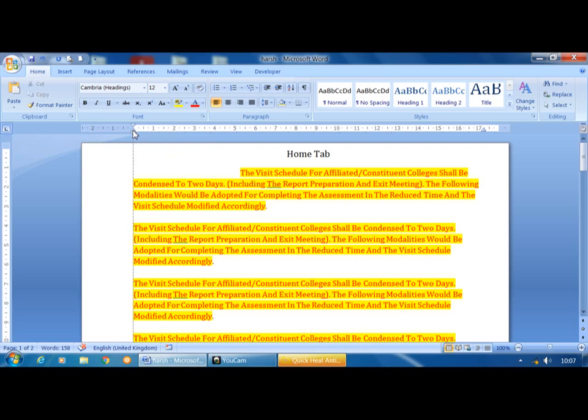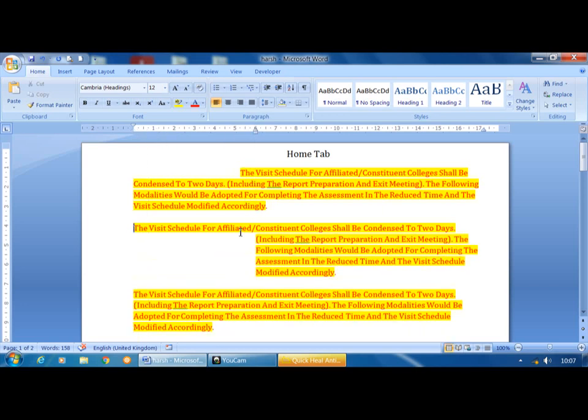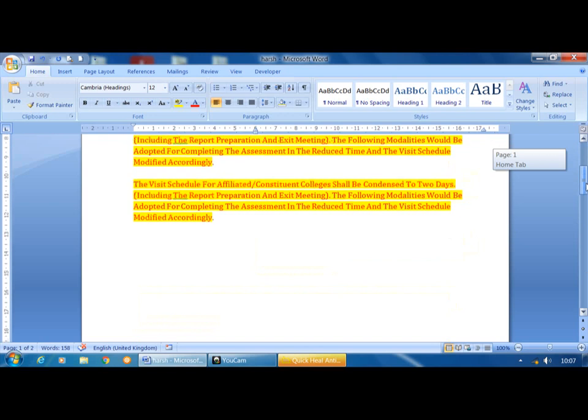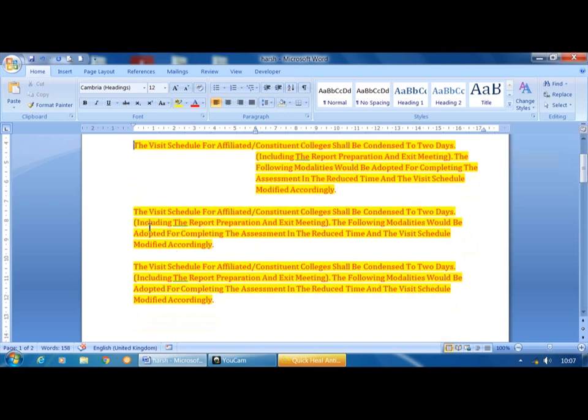Here the first line remains as it is, and the remaining lines will be hanging to the first line. And third one is left indent.